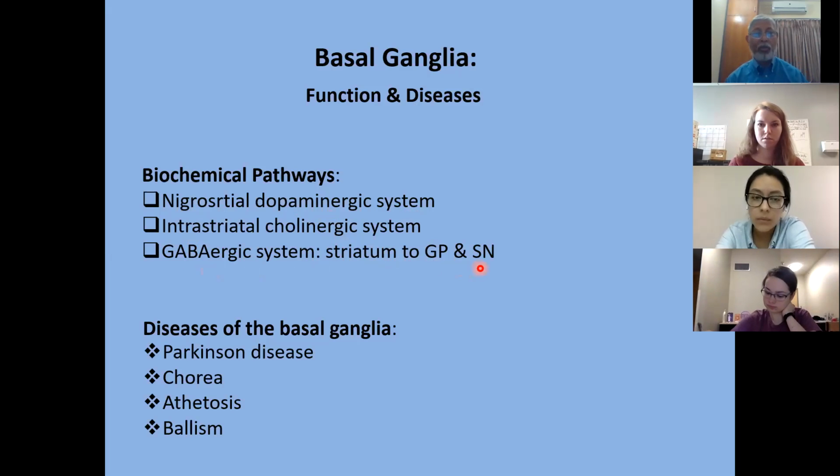So now, the main diseases that you see of the basal ganglia, the most important one is Parkinson's disease. And in Parkinson's disease, what is the problem? The problem is in the substantia nigra. Substantia nigra has neurons that secrete dopamine. Now, if those dopamine secreting neurons are damaged, then you will have less dopamine in the system, then you develop